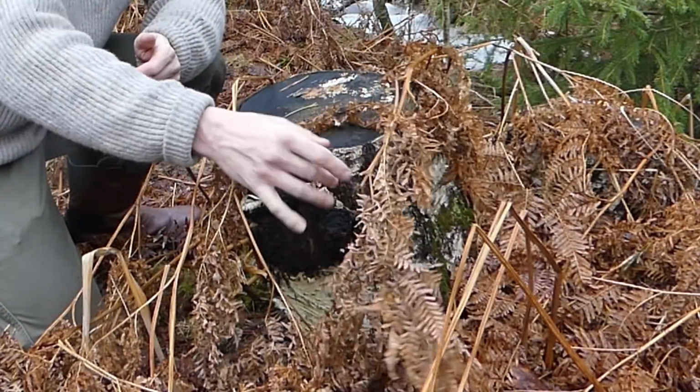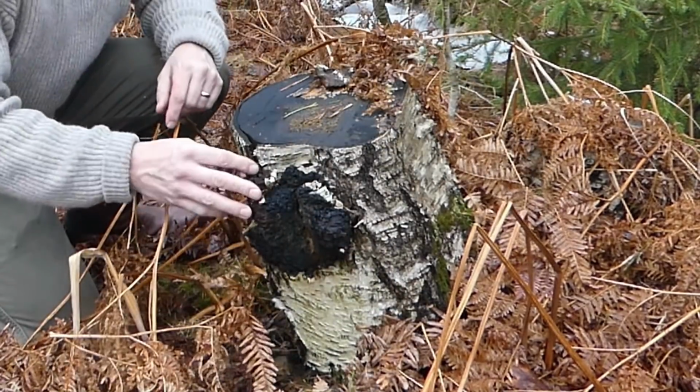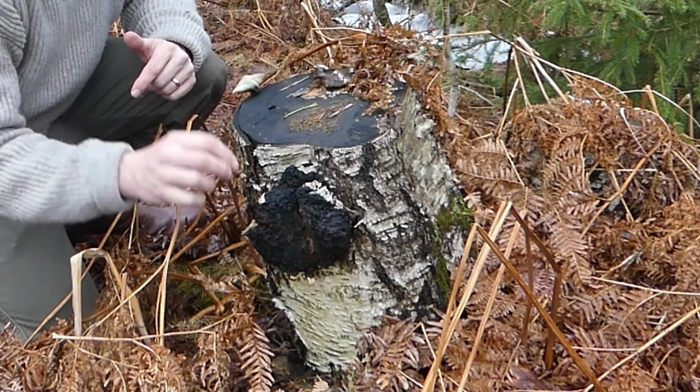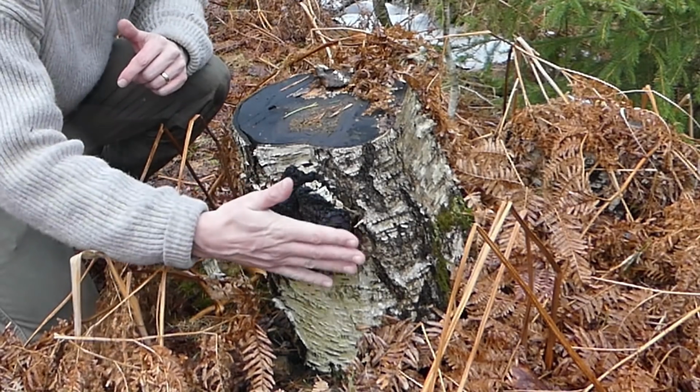I've been searching for a good couple of hours, and I was just about to give up when I saw this tree stump. I looked down, underneath the bracken was this large chaga, or medium size should we say. I don't want to big it up too much. And there, it was great. I had really given up hope for the day, and then I found this really good sized chaga,